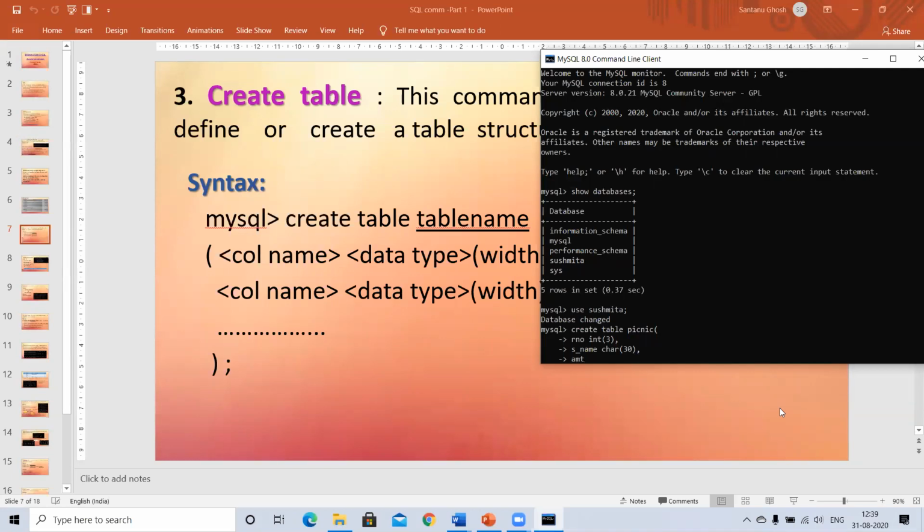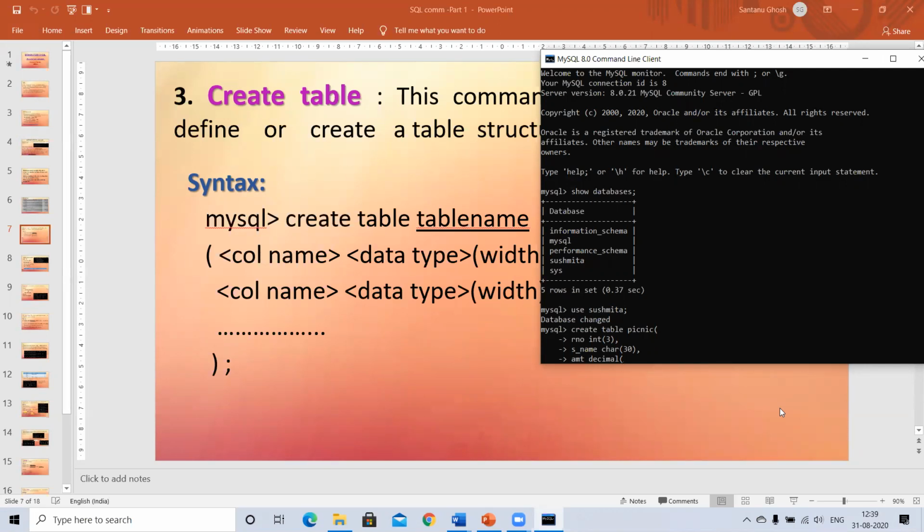So AMT. It's not going to be decimal related, but still I take it just to explore this option. So I'm saying decimal. And if somebody remembers, I said that decimal takes two arguments, two values, wherein the first part tells me how much is the total length of the data, including the decimal part and the integer part. Fine.